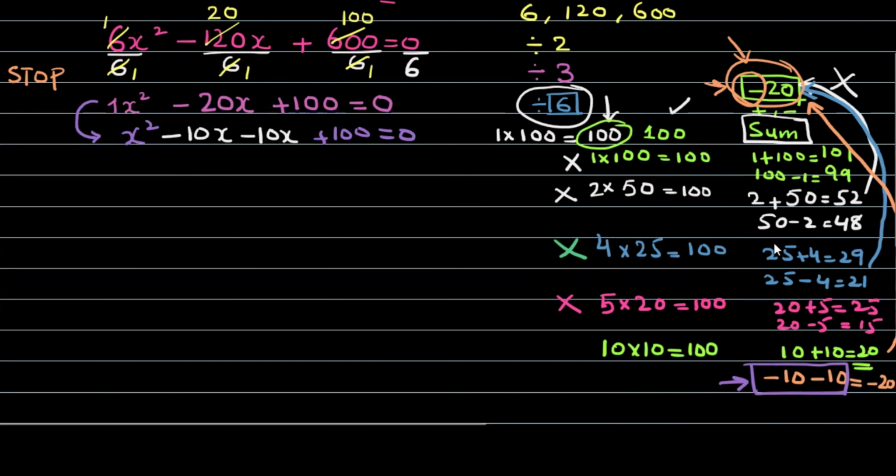Now the first group says x square minus 10x. Just identify the common. I cannot take any number as a common, but I know there are 2x, x into x. There are 2x here and there is 1x. So 1x is common. I will write it out and the rest of the values I will put in a bracket. X is left, minus sign is left, and this 10 is left. This x I have already taken out as a common, so I will not write it down.